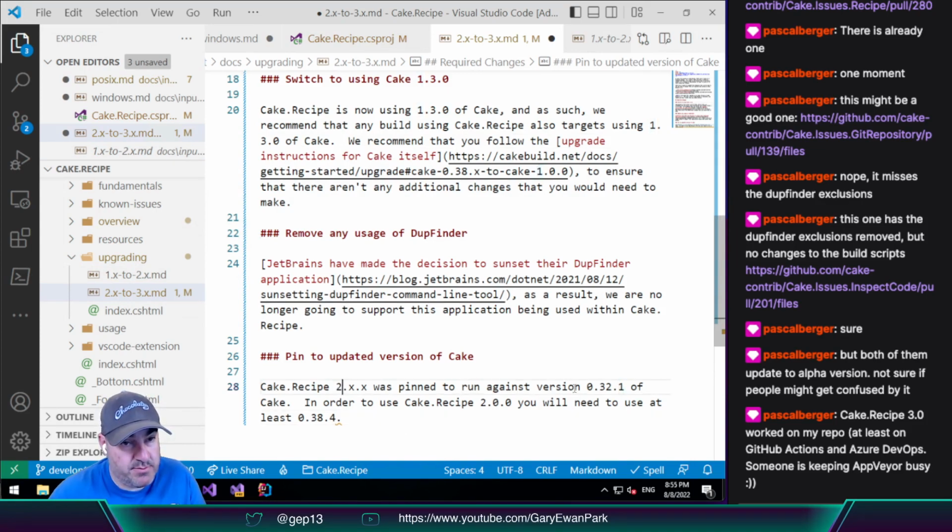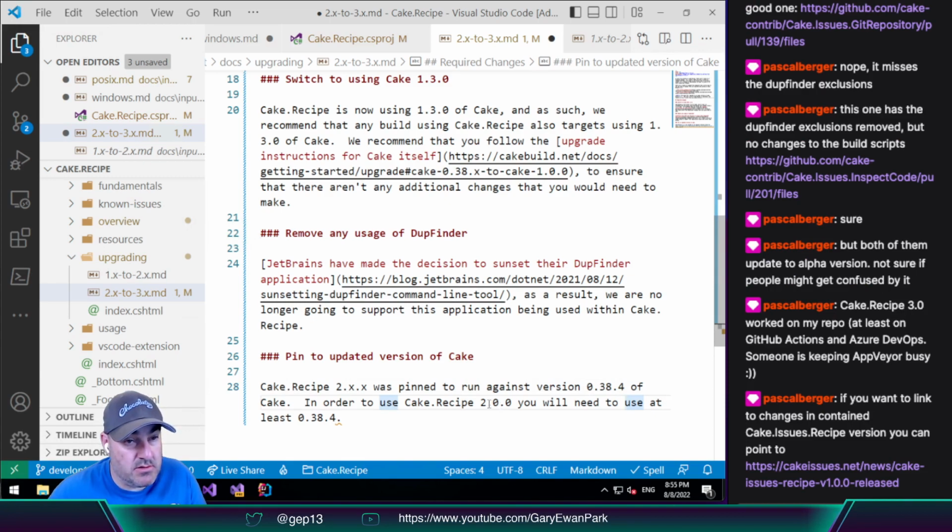So 2.x was pinned to run against 38.4 in order to use Cake.there 1.3.0. Just kind of emphasizes the point. You want to link changes in contained Cake.Recipe version, you can point to